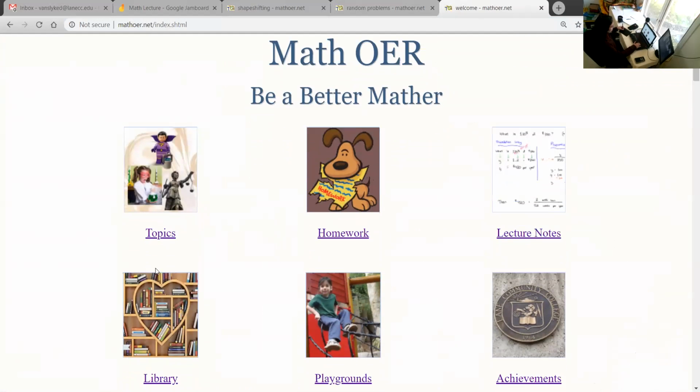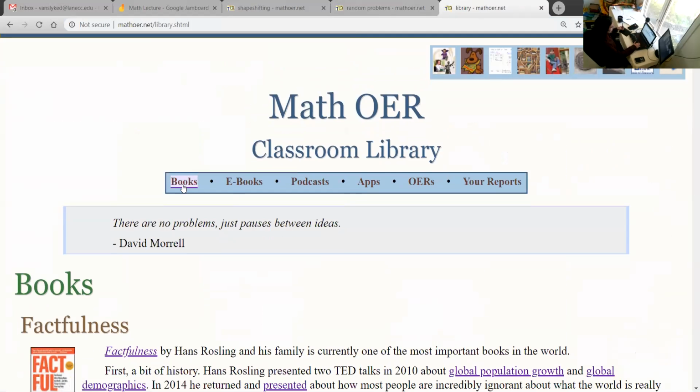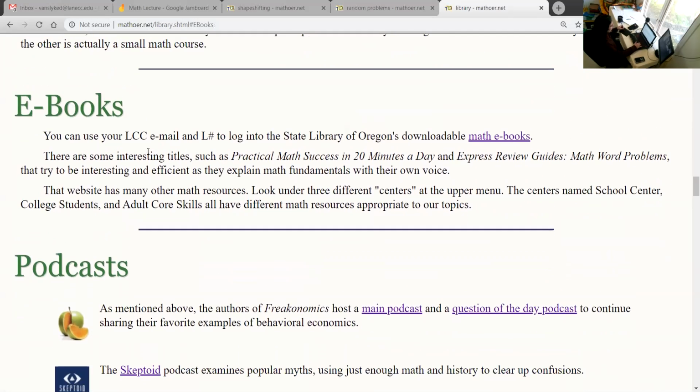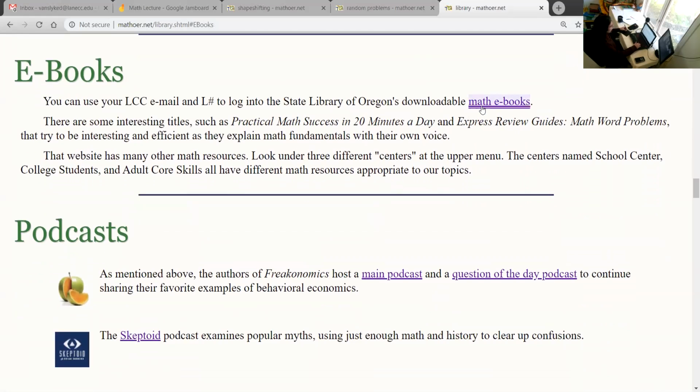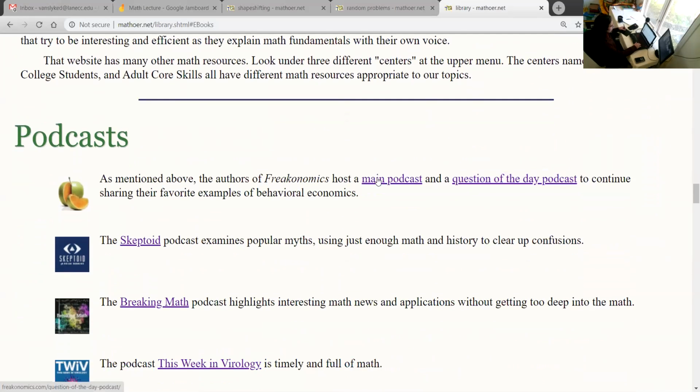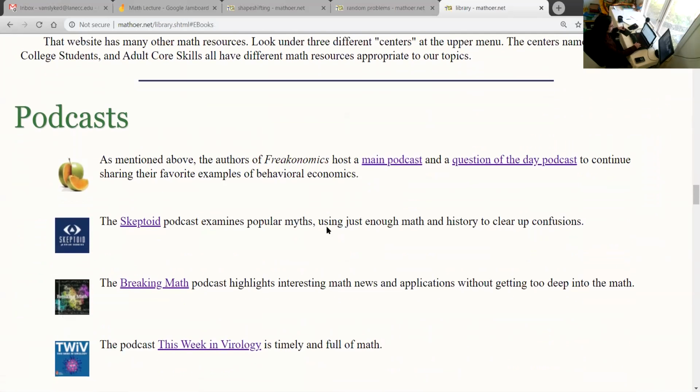if we go to the library, most of the library page, come on library, is the books. But if you scoot down, there's more stuff. So under the books, we have ebooks, which is just a link to the LCC Libraries math ebooks. Podcasts, one of the stars you can get checked off in your achievement list is reporting about a podcast, and